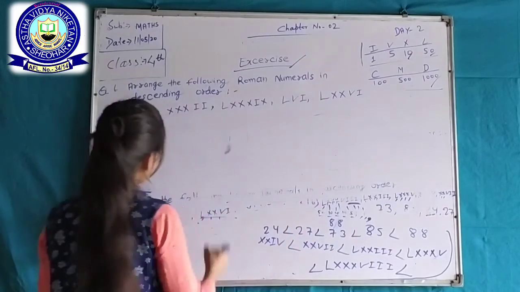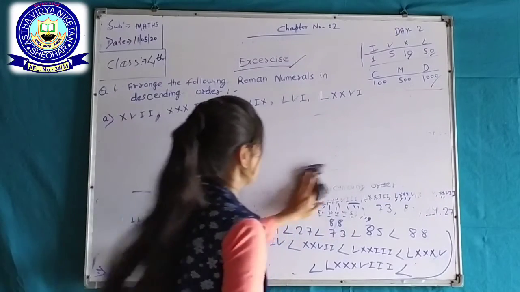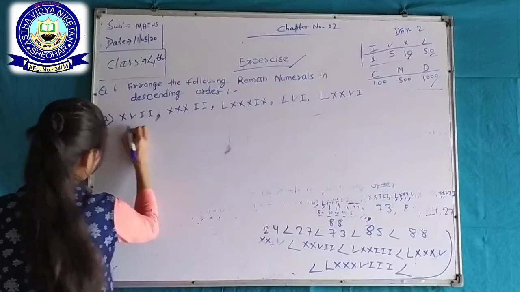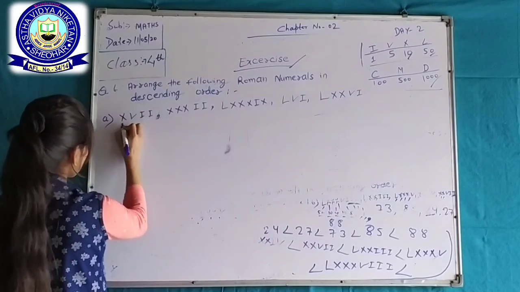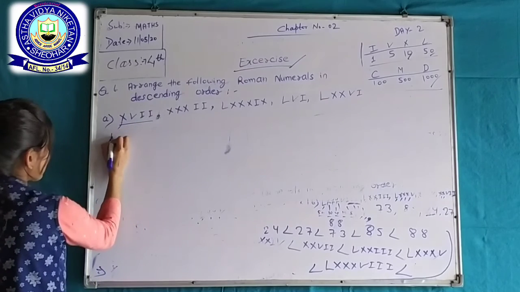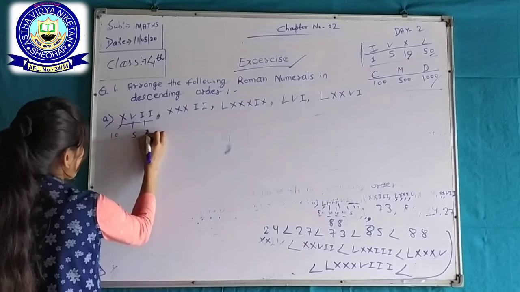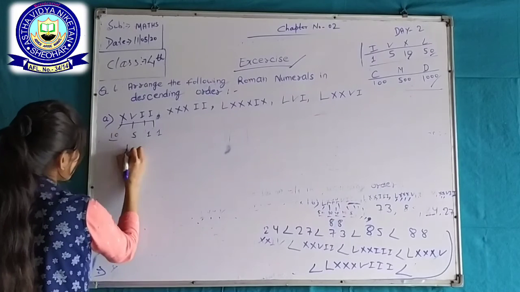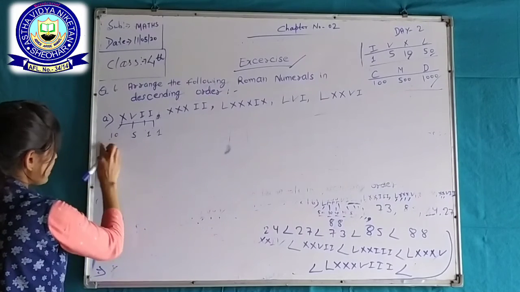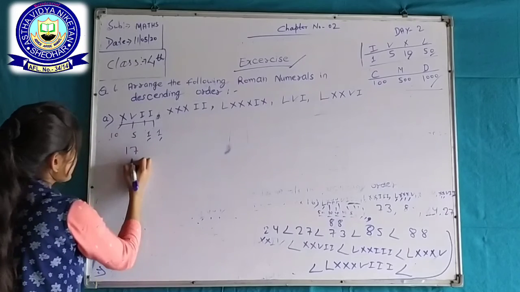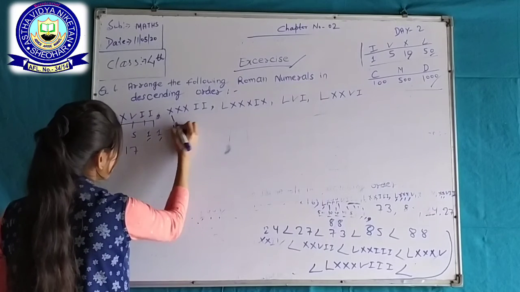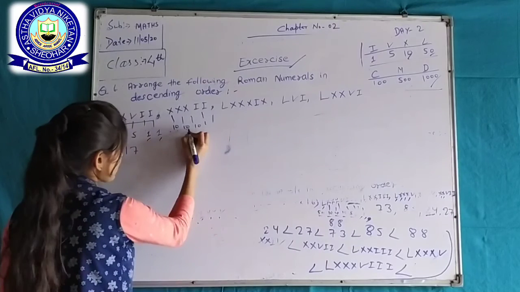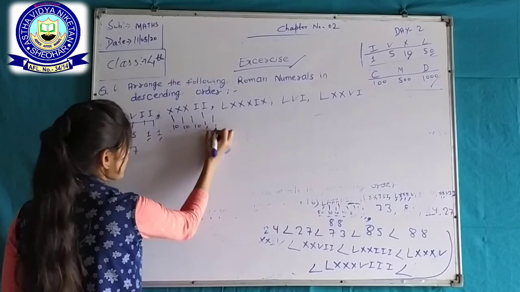And your next question is to arrange the following Roman numerals in descending order. Same process we will use here too. First of all, we write in Hindu Arabic numbers from these Roman numerals. Here is X, X for 10, V for 5, and I for 1, and this I for 1. It becomes 50 plus 10 plus 5, 15, 16, and 17. And here triple X means triple 10, double I means double 1. Here is 10, 10, 20, plus 10, 30, 31, and 32.